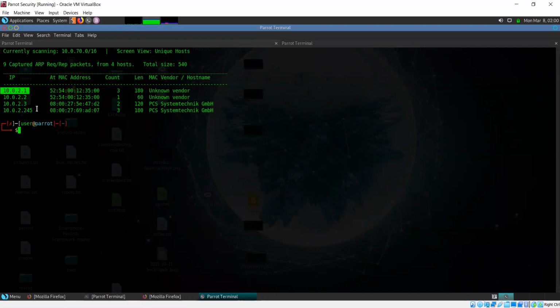But if I don't know anything about an IP, I'm not going to eliminate it just because it is different, or because it's in a later portion of the network. 245 is almost at the end of the subnet, but that does not mean that it cannot be a valid IP for the target.